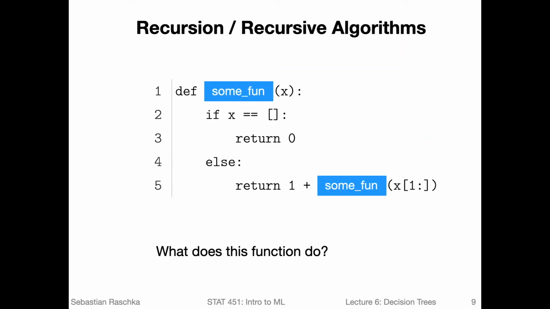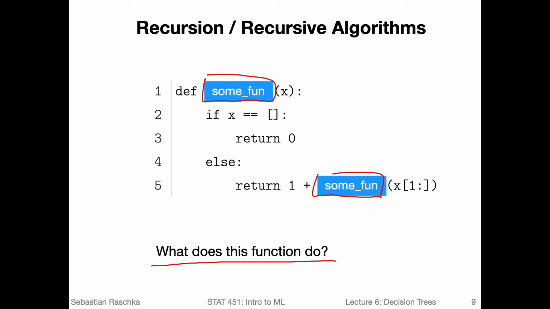So here's an example of a recursive algorithm that I implemented in Python. On purpose, I removed the real name of this function so that you can guess what it is doing before we discuss it. So the question for you would be, what does this function do? Maybe pause the video for a few minutes and then step through this algorithm by hand, by looking at it and thinking about it. But you can also implement it in a Jupyter Notebook, for example, and play around with it and see what it is doing. So assuming that you have done that, assuming that you thought about it a little bit, let us walk through it together.